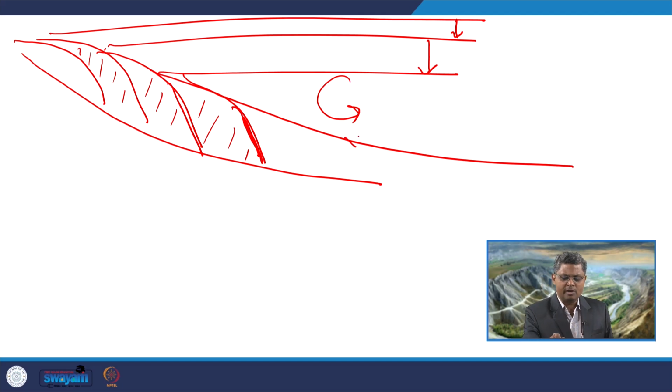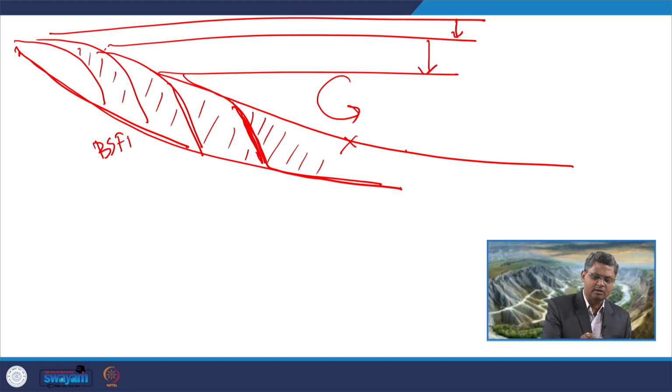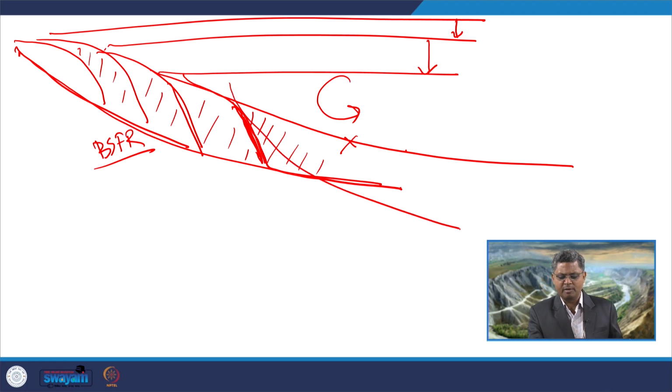So, this wave equilibrium profile is not cross cutting this substrate. So, the new substrate is this. So, always we have this much of space available for the accumulation of sediments on the earlier substrate. So, the earlier substrate is preserved and we are not getting RSME surface formed over here in this kind of conditions. So, in this kind of condition, this entire surface is actually the original substrate, the BSFR. So, this is one such example. Whenever we get a more steeper wave equilibrium profile and it is cross cutting the substrate, we will get the lever point and from there on we will get the RSME surface.